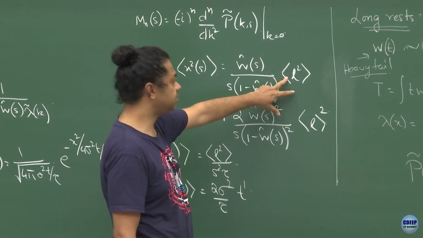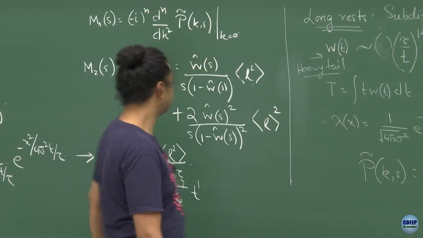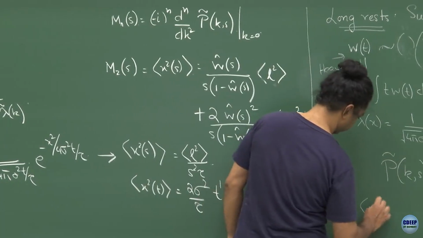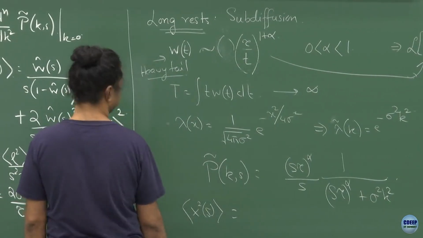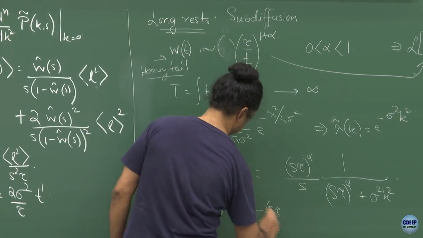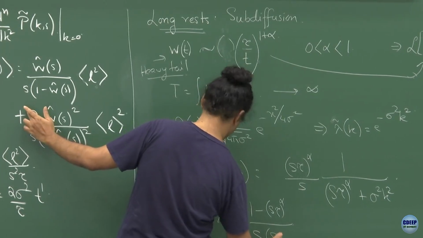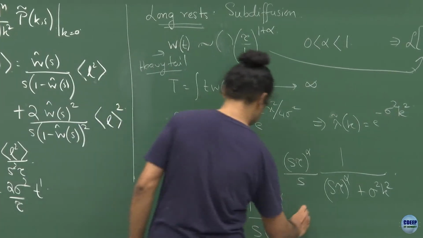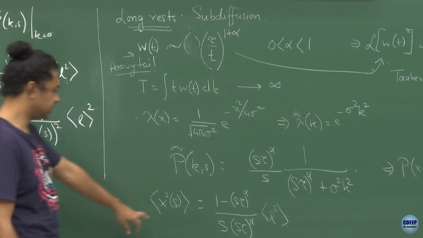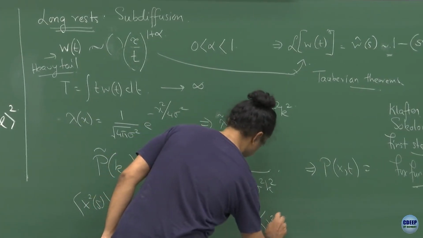Again, remember for the spatial jumps, I have chosen Gaussian, which means that my average L is 0. And my average L square is just 2 sigma square. So, as far as the x square of s is concerned, it is just this term that is relevant. So, if I calculate the second moment x square of s, this gives me this thing w hat of s. So, 1 minus s tau to the power of alpha by s into s tau to the power of alpha times L square. And again, one can do the inverse Laplace of this, and this gives you x square as a function of time,